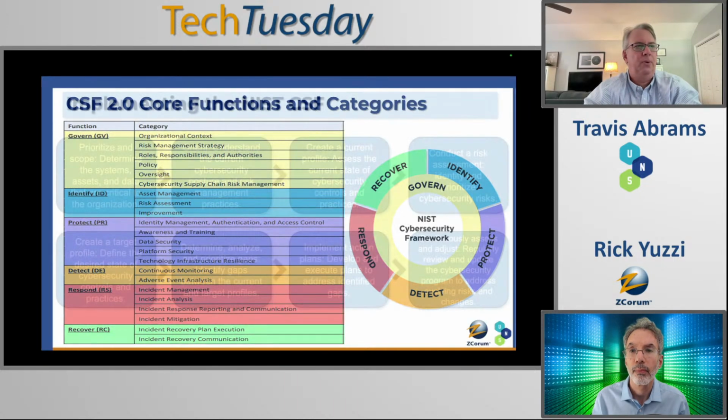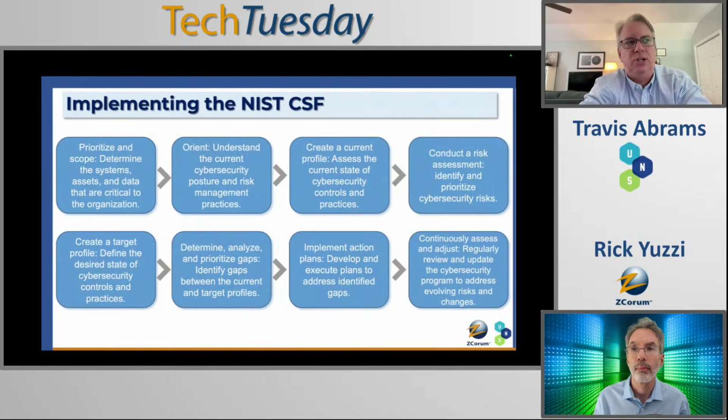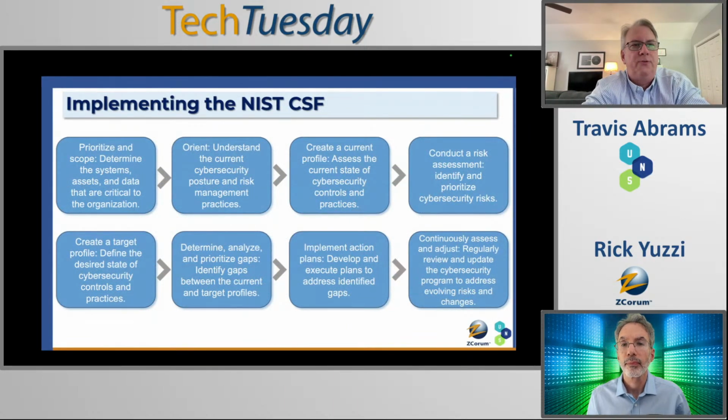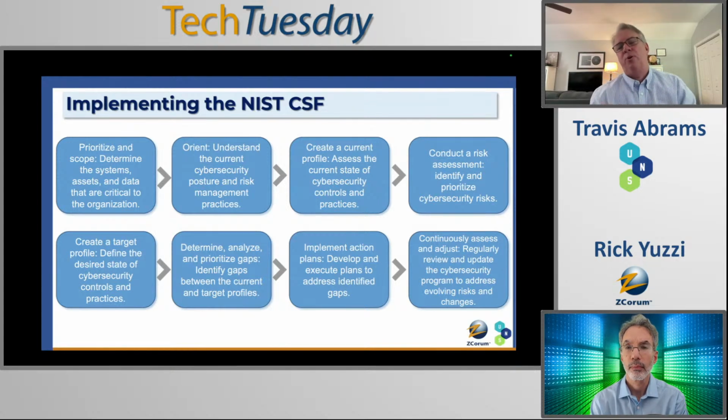Okay. Now, implementing this can be a challenge, as you can imagine. So again, it takes time. The first thing, though, is you really need to understand your scope. If you are just a provider of broadband services, then the scope is probably going to be your entire company, right? If you were say a municipality, you may have a separate environment that provides those broadband services from other environments. So you may be able to separate those a little bit and have a separate scope.